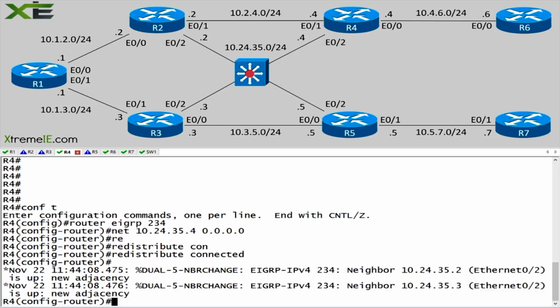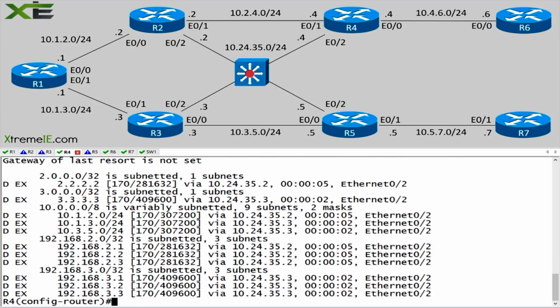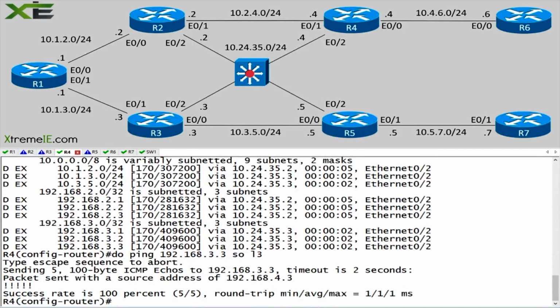Redistribute connected. Do show ip route eigrp. And so we have routes. We should be able to get from one prefix to another. So router 4 should be able to get to 3. So if I say do ping 192.168.3.3, and we source that from our loopback 3 address, we have full reachability. So these guys are able to get to their loopback addresses essentially across our switch here